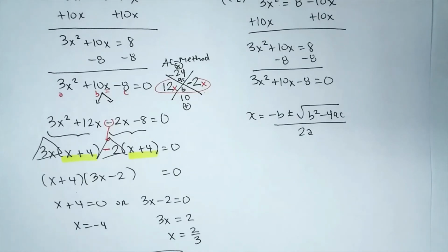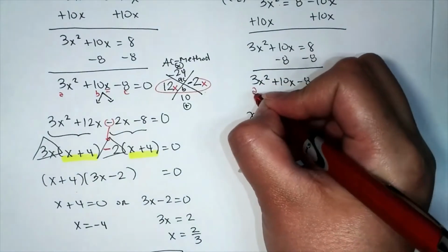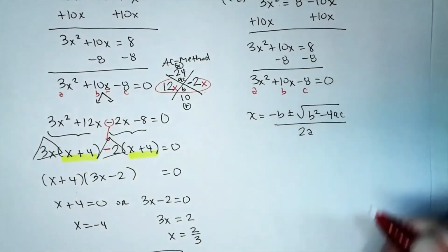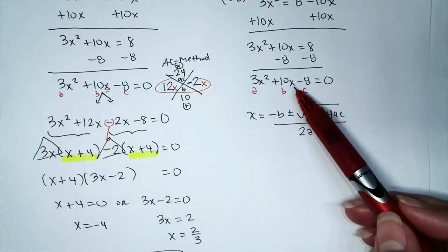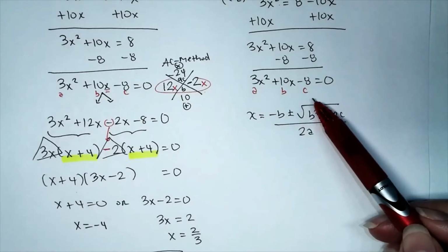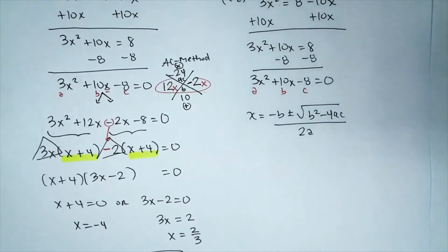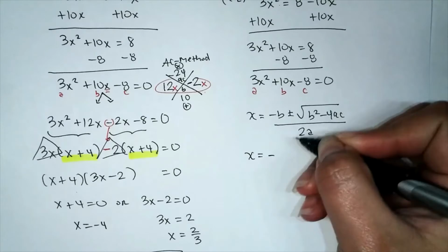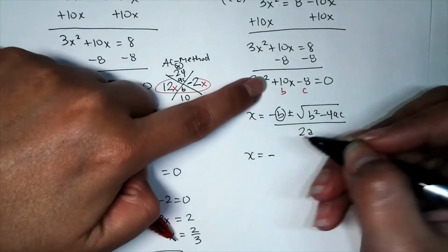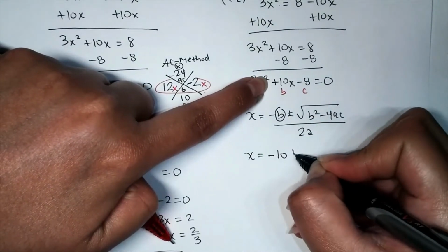Cool. Let's identify the values for a, b, and c. Not because we have to, it just brings us peace of mind. So the leading coefficient is our a, the coefficient of the middle term is b, and the constant term is c. You've got a calculator, so help me punch it in. So we have x equals opposite b, the value of b is 10, and then we're going to add or subtract